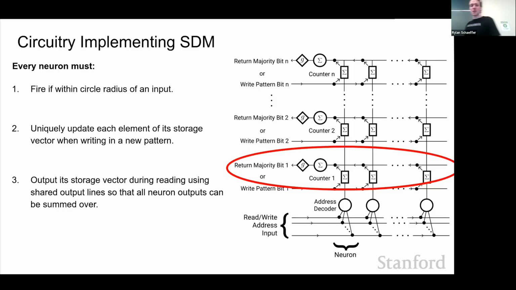And then once you're reading from the system, you also have your query come in here and activate neurons, and those neurons then output whatever they've stored. The neuron's vector is a particular column that it's stored, and as a reminder, it's storing patterns in superposition. It then dumps whatever it's stored across these output lines. Then you have this G majority bit operation to convert to a 0 or 1, deciding whether the neuron is going to fire or not.